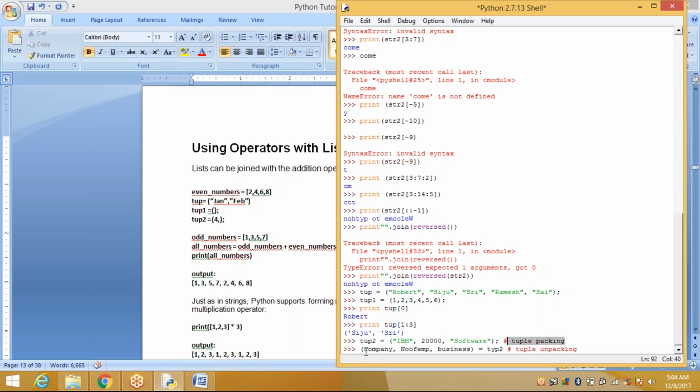In unpacking, we are not assigning any values directly to these variables: company, number of employees, business, equal to tuple2. Both are the same, tuple2. This is tuple unpacking. Now I want to display, print company.